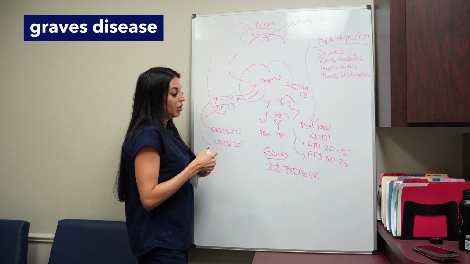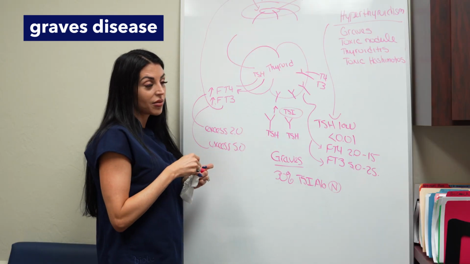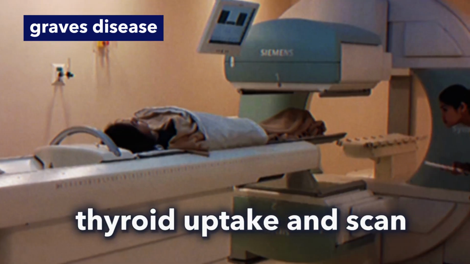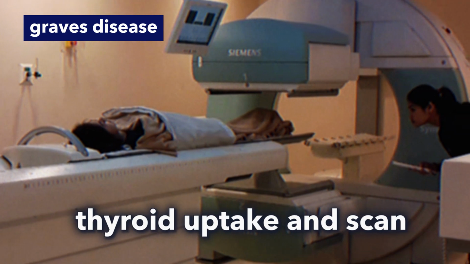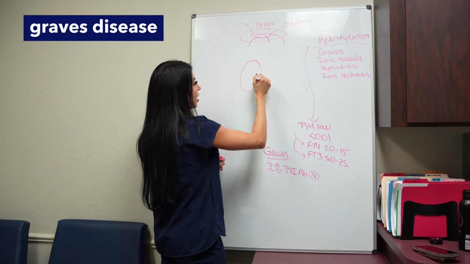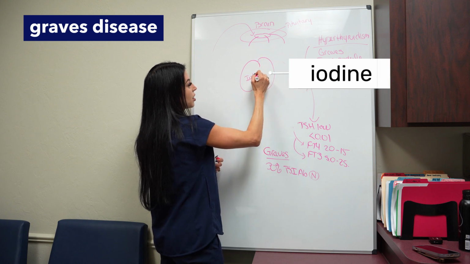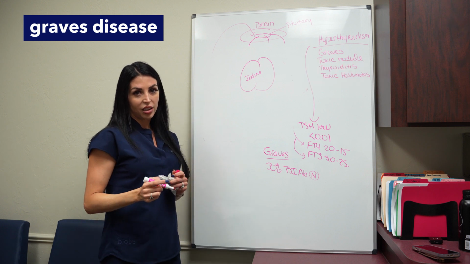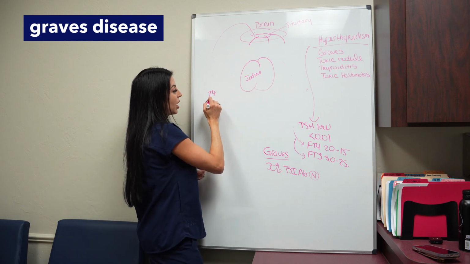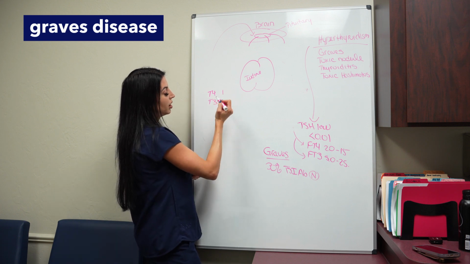So what do we do if this antibody comes back normal, but we still think maybe we have Graves? We do something called a thyroid uptake and scan. So thyroid uptake and scan is how we determine, does this person really have Graves? So again, if you look at somebody's thyroid gland, the cool thing about this is that our thyroid gland uptakes something called iodine, and it's one of the only cells in our body that do that, which is why I check iodine level. You need iodine in order to make T4 and in order to make T3. So it's all made on a backbone of something called an iodine molecule.